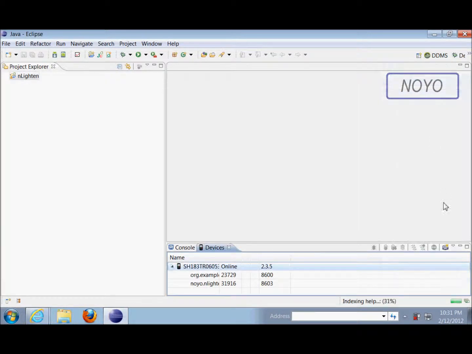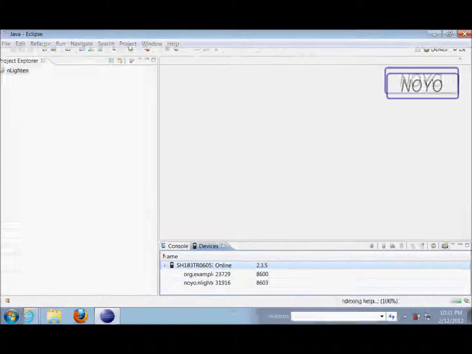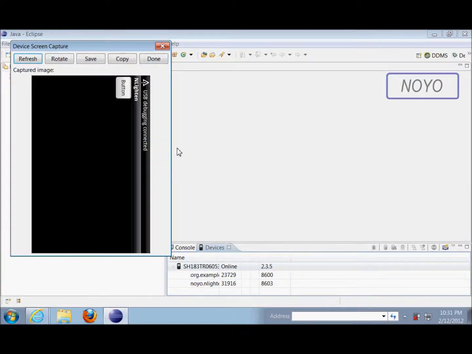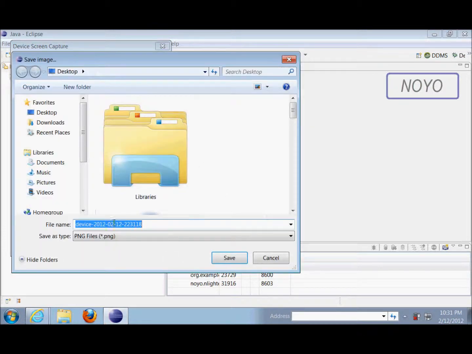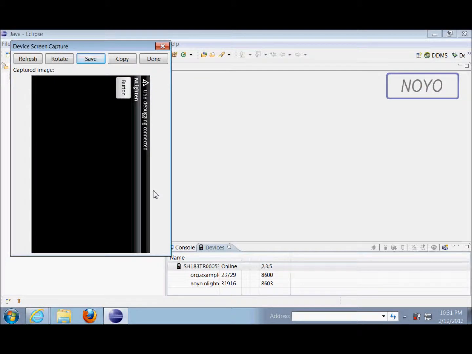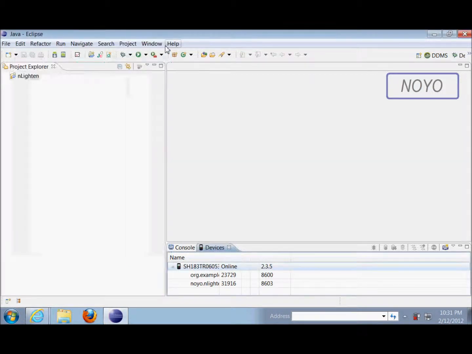What's this? Yeah, it's I think screen capture. Click on this. You should see your app running in your phone. So click on save, it'll save it. Right now I'll save with this name in the desktop. You all can write whatever you all want out here, and that's how you all can save different screenshots of your application in the computer.